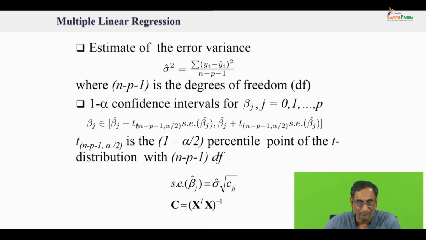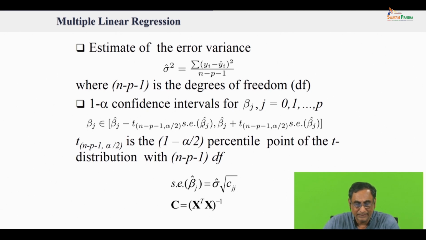Correspondingly, I will find the critical value from the t distribution with n minus p minus 1 degrees of freedom. This represents the lower alpha by 2 probability value from the t distribution, and this is the upper critical value, where the probability area under the curve beyond the value is alpha by 2. So n minus p minus 1 represents the degrees of freedom. Notice that in the univariate case it would have been n minus 2, very similar. So the confidence interval for beta j for any given alpha can be computed using this particular formula,